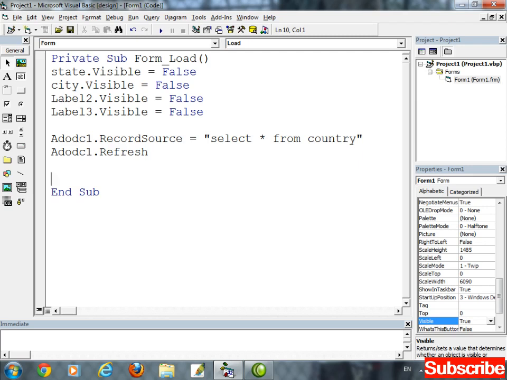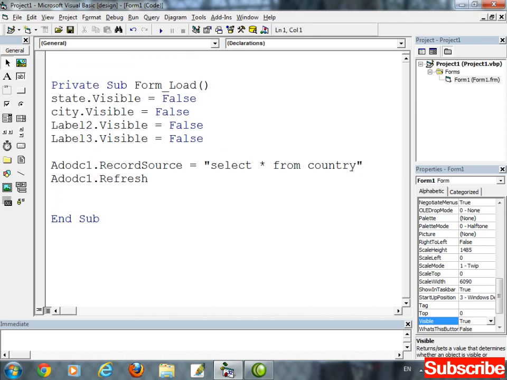Okay, next, how to assign the complete record from the database to the country combo? So using for loop, just start the for loop. In the general section, right here on the top, just declare a variable. The variable will be global and accessible in all of the procedures.